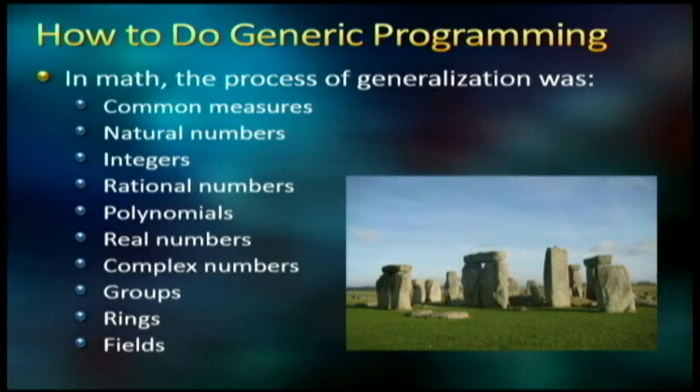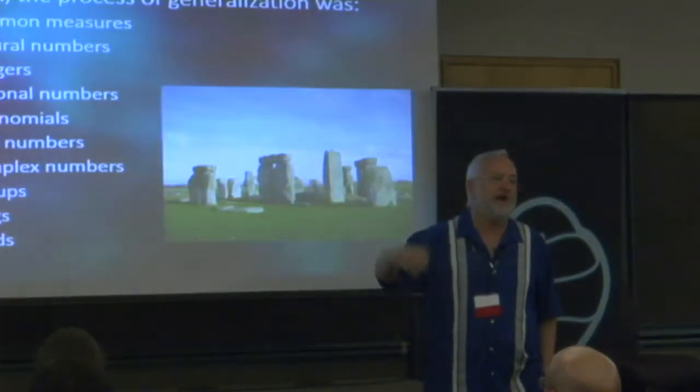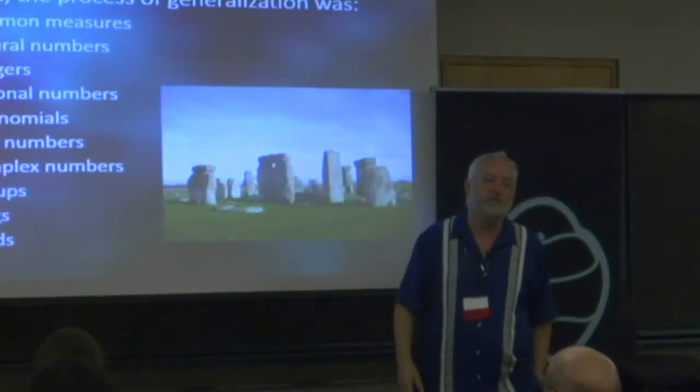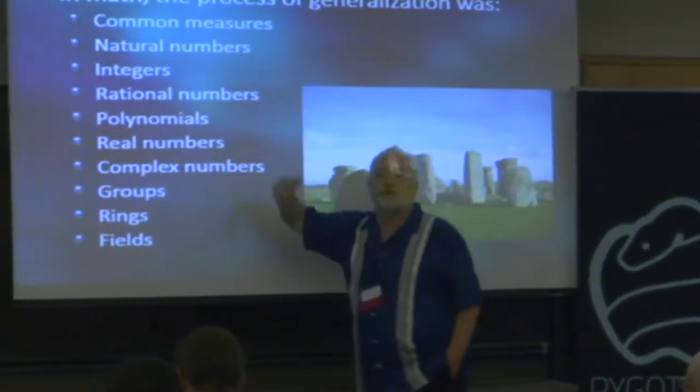Okay. Let's discuss briefly what I feel is something that's really come home to me trying to get these abstractions, and reading Stepanov and Rose. In mathematics, the process which has played out over 4,000 years, something like that, was what were people starting with? They were starting with measures.